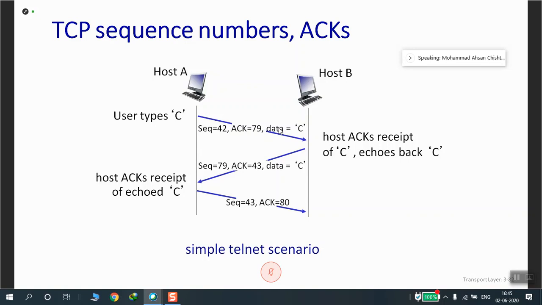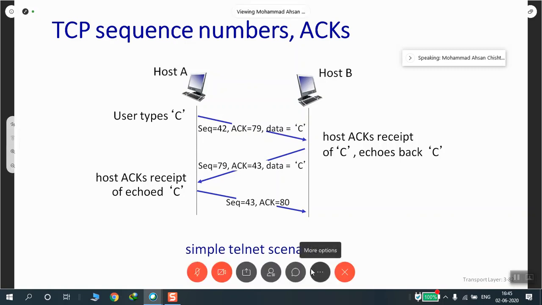What do we see here? Host A and host B. A user types C here. C is sent across with sequence number 42, acknowledgement 79, and data C. The host acknowledges the receipt of C and echoes back C. It says, yes, I have received C.